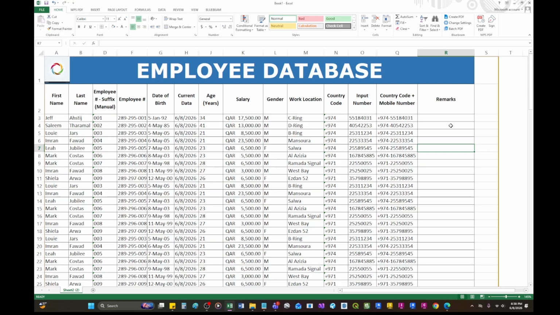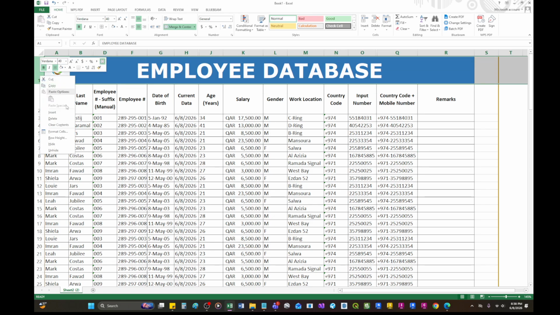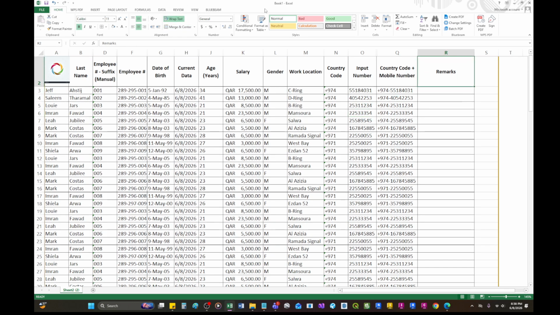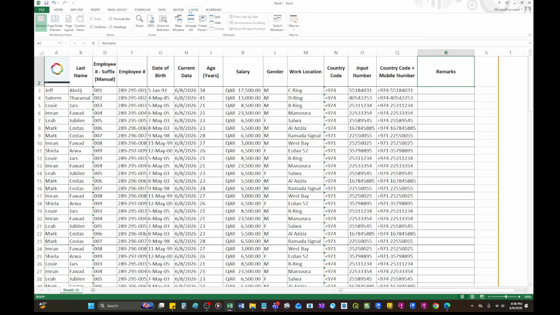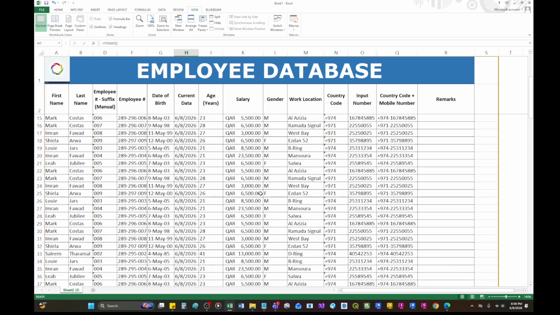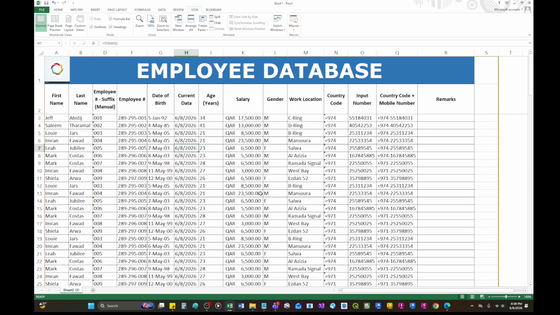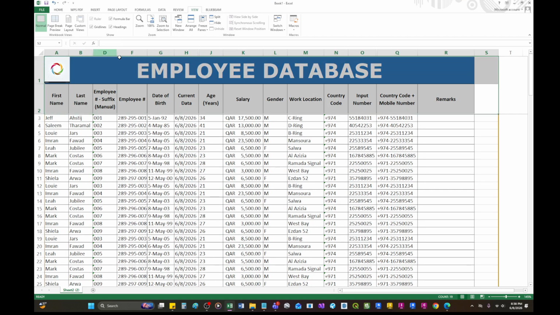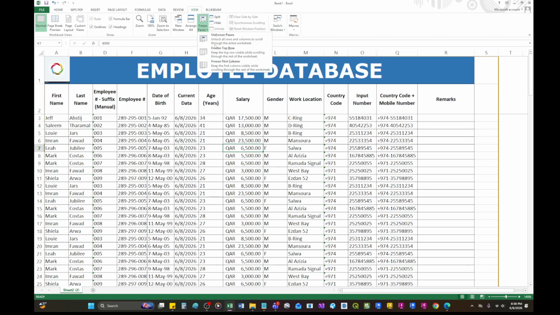So this is it. To keep this on top, there are two ways. One, you hide this one, and then you go to View, and then Freeze Top Row. So it will be frozen. And then you unhide. You highlight this one, and then unhide. So that's one way to retain this top view. The other way to do that is this.